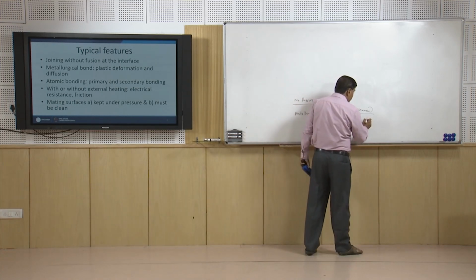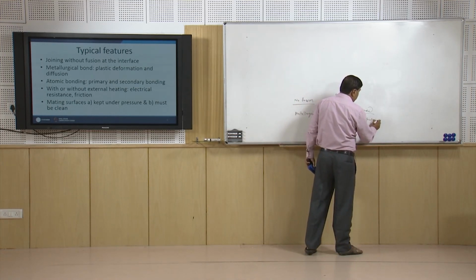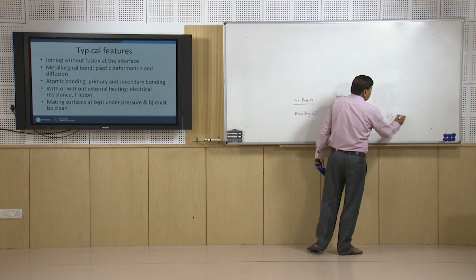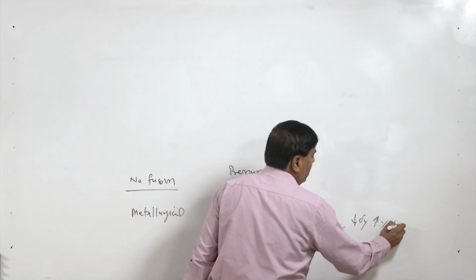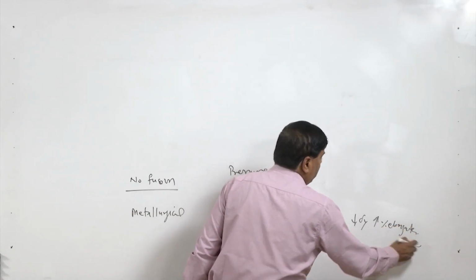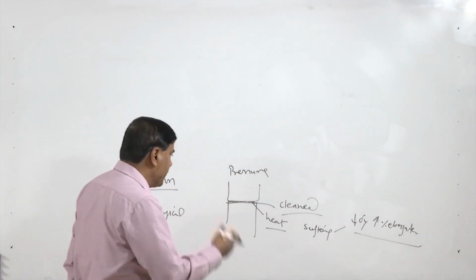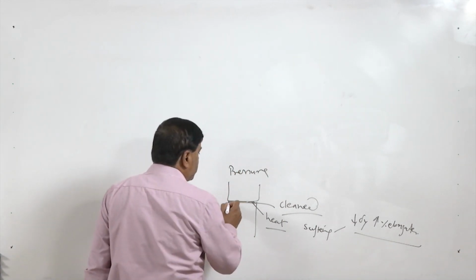Heat will soften the metal by lowering the yield strength and increasing the percentage elongation and ductility of the metal. So, under pressure the peaks and valleys will collapse and things will come closer to have much closer